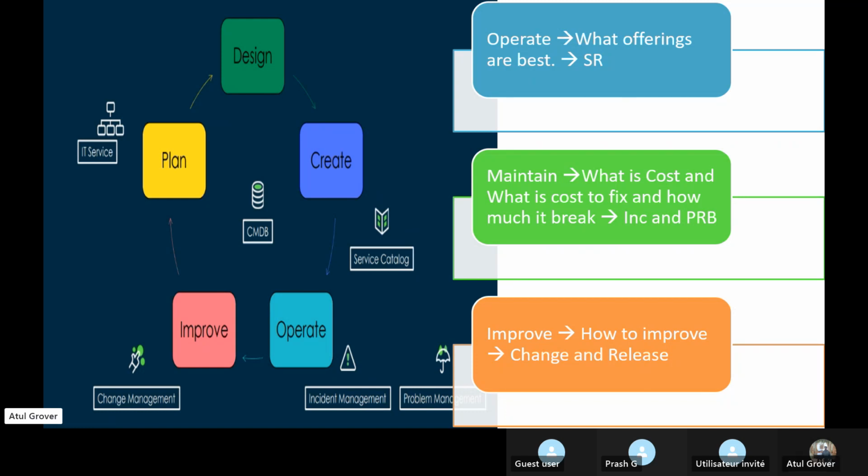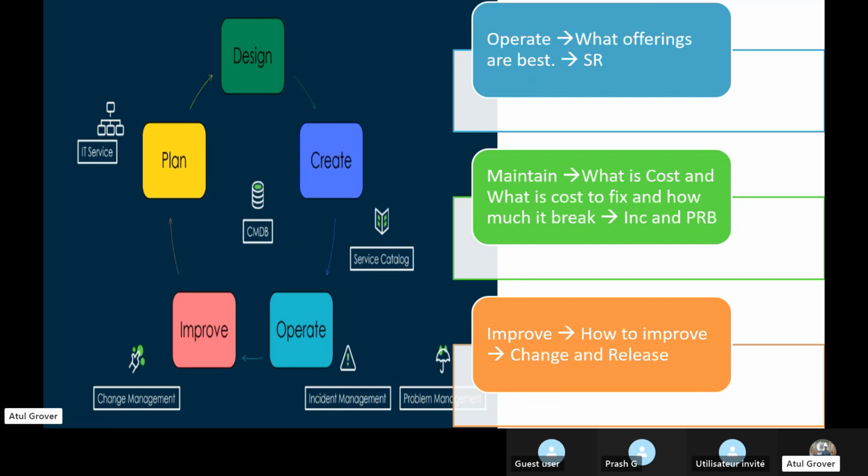From manual, they became digital. If an incident gets updated or closed, I have to go and manually update the Excel sheet. But in ServiceNow, it is automatic. So it is a tool, a repository which helps you store the data, and then you process it as per your requirement. You define some things and that works.